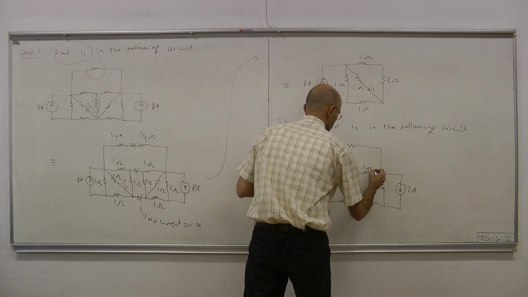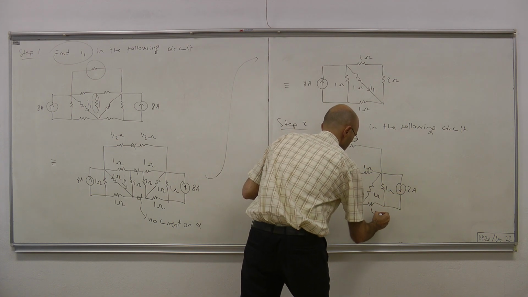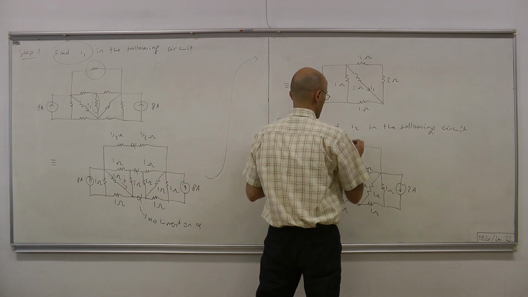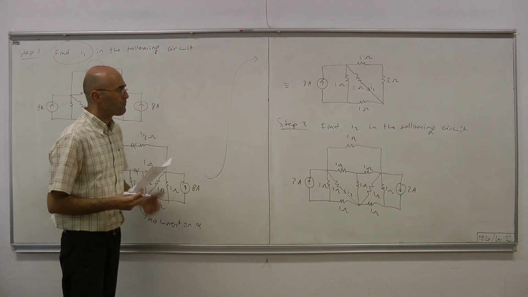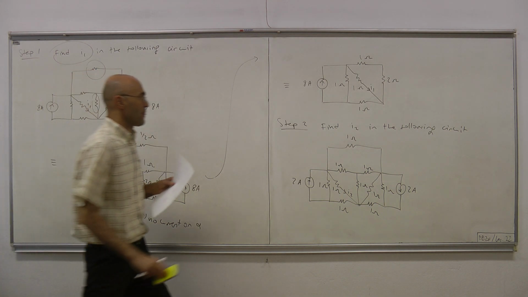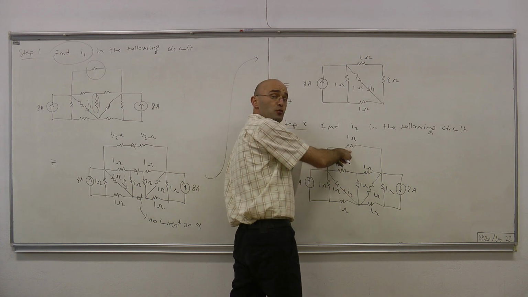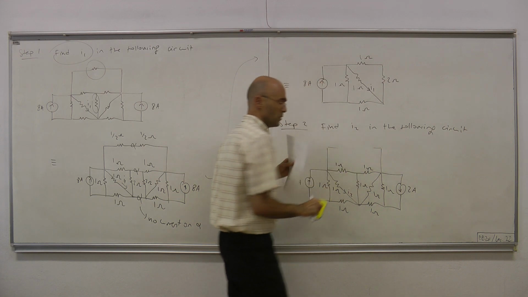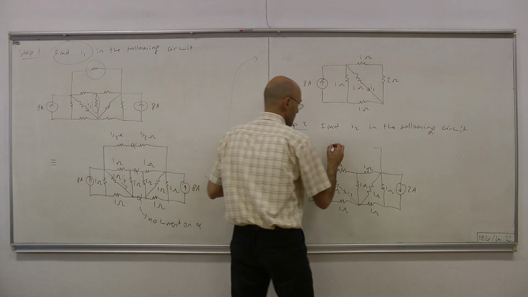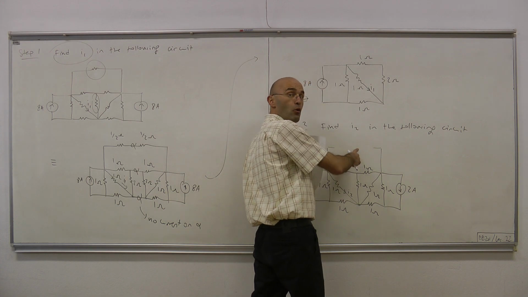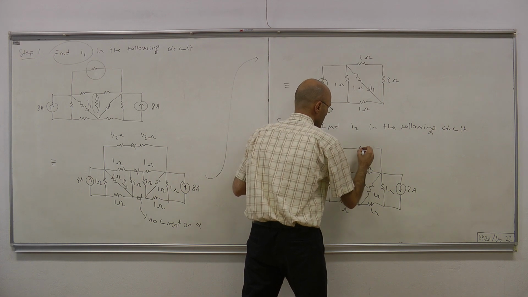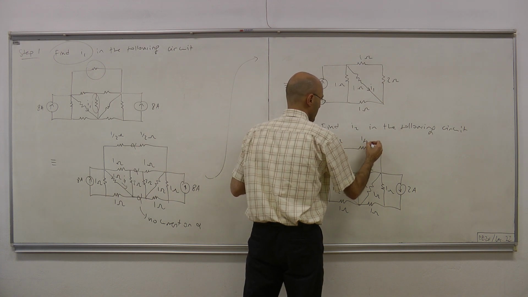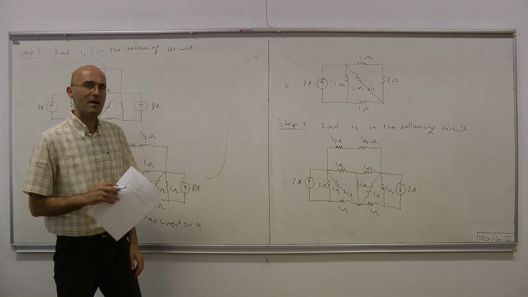Everything is 1 ohm. Okay, and this 2. Now, to make use of symmetry, we will make a little trick. And that trick is we will write this 1 ohm as 2 1/2 ohms in series. Okay? Which we can do without affecting the current here. So what we have here is, instead of a single 1 ohm resistor, we have 2 1/2 ohm resistors connected in series. Okay? So here we have 1/2 ohm, and here we have another 1/2 ohm. All the remaining resistors remain 1 ohm.